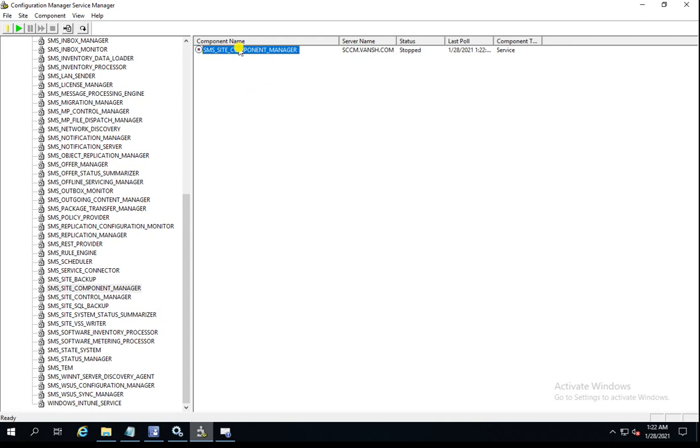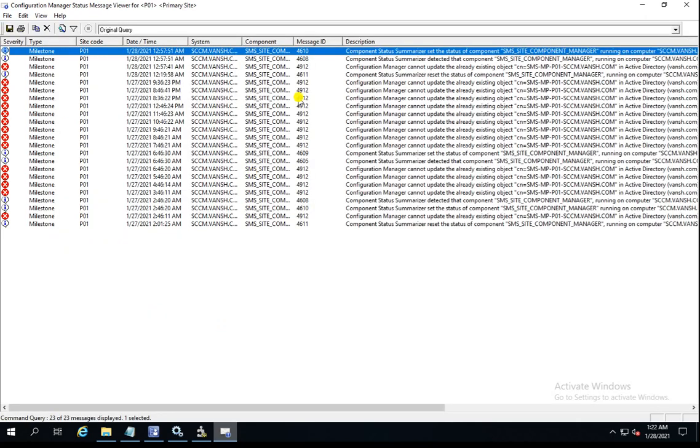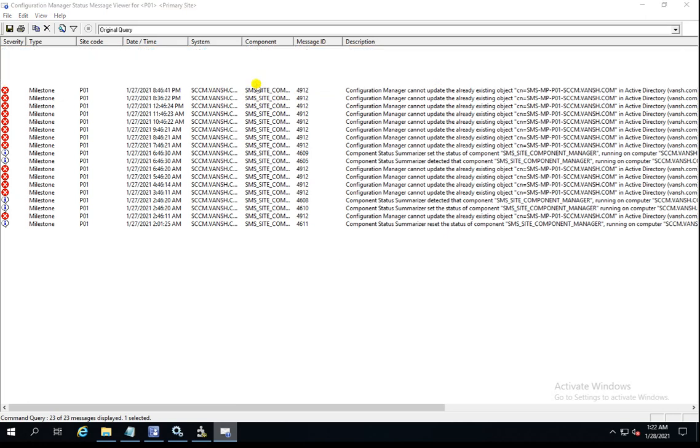Now it is stopped, and this green highlighted option is to start the services. Now let me click here. Now it's running, and let's see the logs and how it was getting updated. So I'm pressing F5.